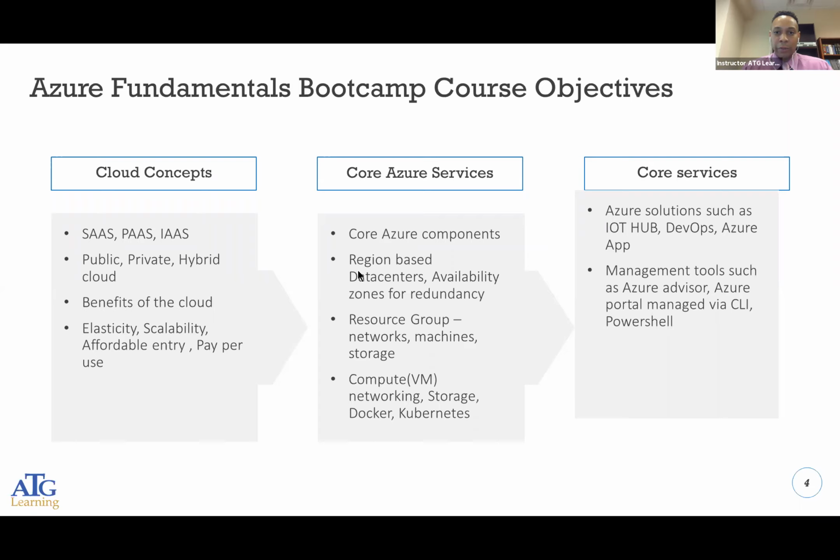Compute, right? Talking about these core Azure services components, we're going to work with virtual machines. And what is a virtual machine? Well, a virtual machine is basically an isolated instance of a user's desktop or an isolated instance of a server. You can take anything that's physical and migrate it to a virtual machine. So you're not going to physically have a machine in front of you that has, say, a CPU, RAM, hard drive, but all of that's going to be in the cloud. It will actually reside within Azure's cloud.